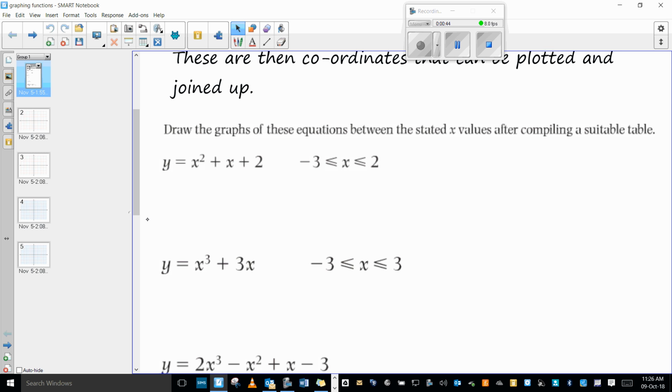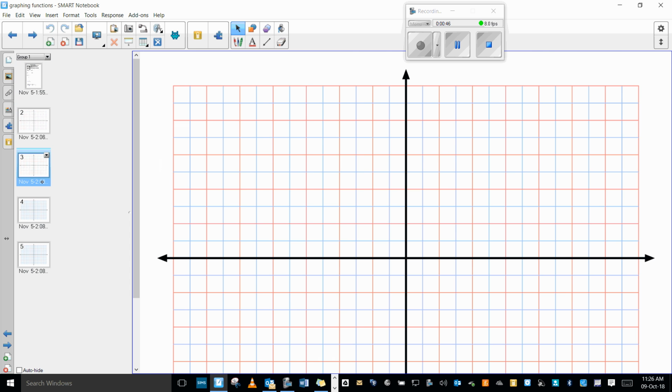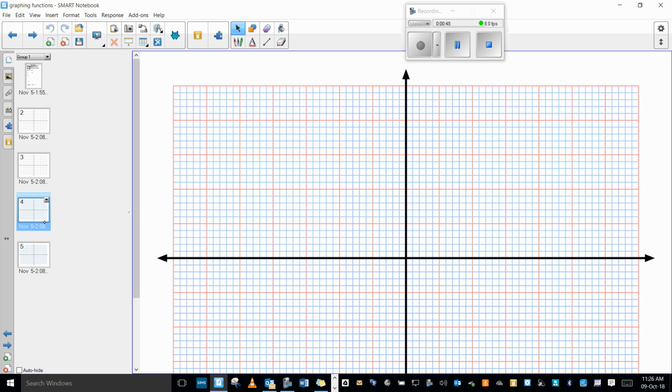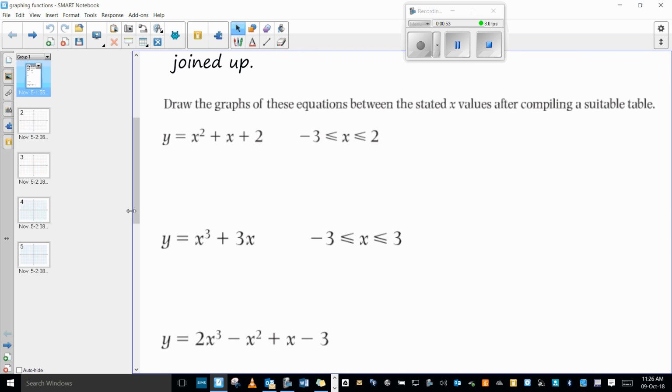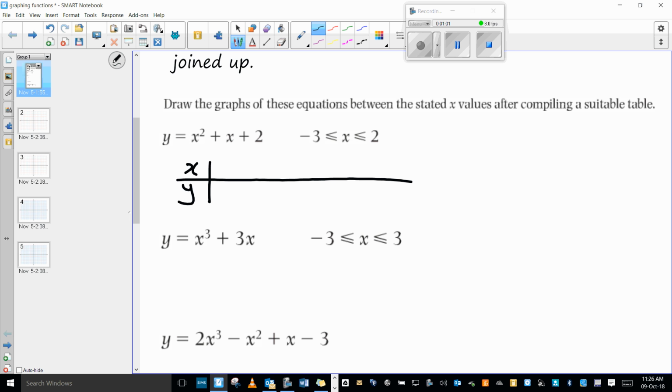You will notice on the following pages we've got lots of axes, so we don't have to draw them. But we do have to set up our table of values. We're going to do that for all of them first. So when I say table of values, they specifically asked us to have the values of x from -3 up to and including 2. So you draw yourself a little table. You write -3, -2, -1, 0,